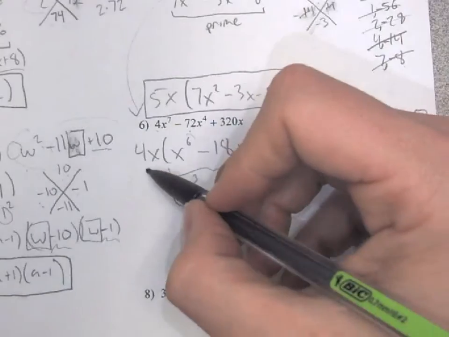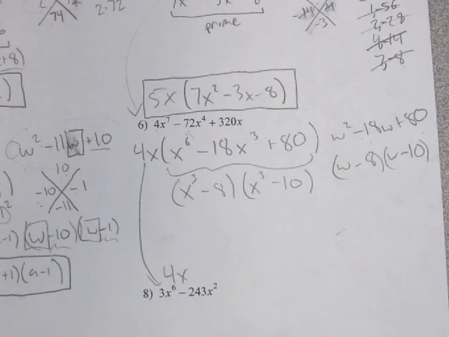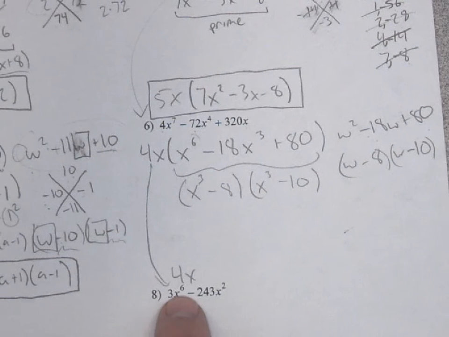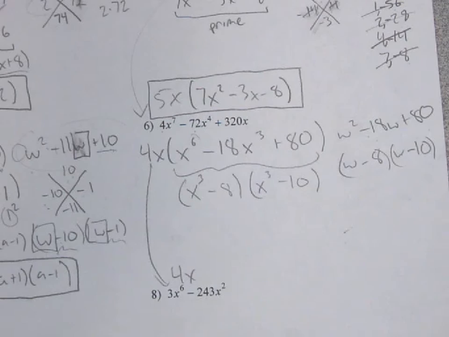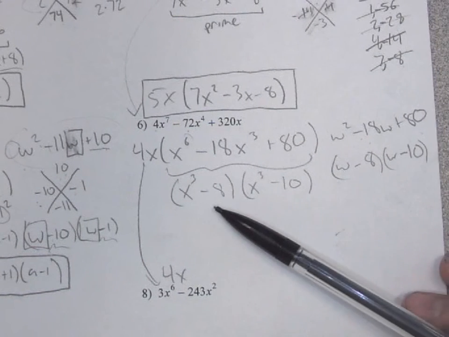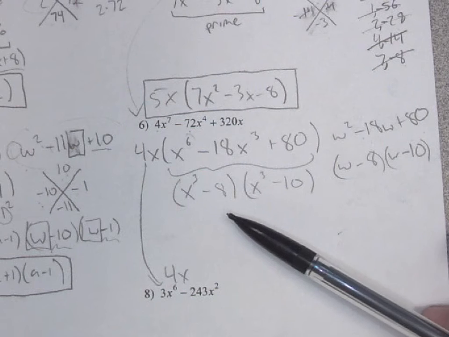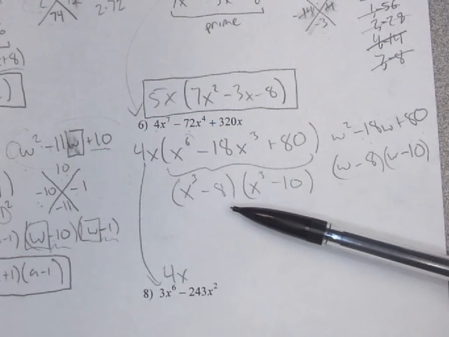Now let's not forget our greatest common factor here, 4x. Okay, so step 1, greatest common factor, check. We're going to have that in our final answer. Let's not miss that. Step 2, we have a quadratic in nature that we're going to factor to x to the third minus 8 and x to the third minus 10. Now this guy here is a difference of cubes. So step 3 is to check for anything that factors further. And there is something that factors further. It's this guy right here. It's this,